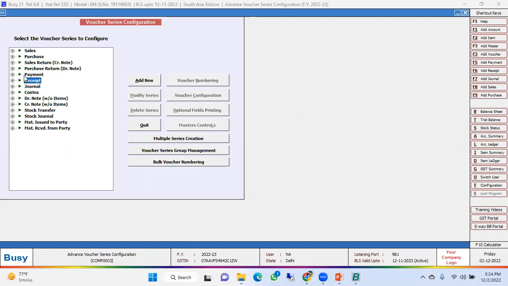Next, payment, receipt, journal, contra, debit, and credit note. These vouchers belong to pure accounting vouchers, because from these vouchers only accounting will be affected, inventory will not. And last is stock transfer, stock journal, material issue, material receipt. These vouchers belong to pure inventory vouchers, because from these vouchers only inventory will be affected. Accounting will not be affected. So